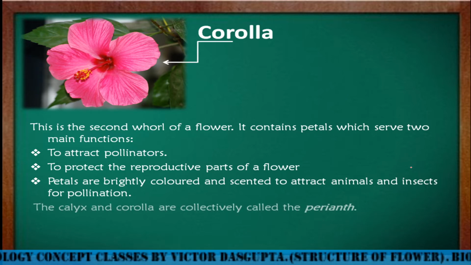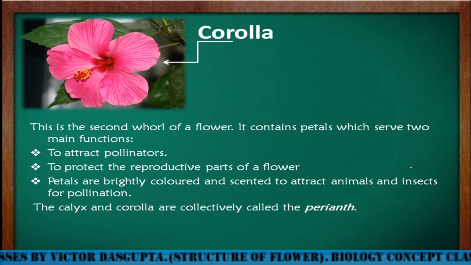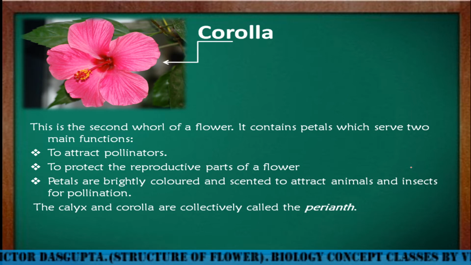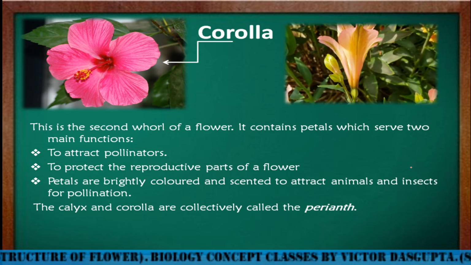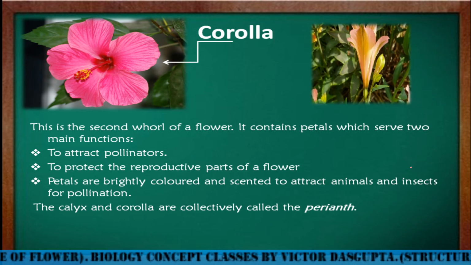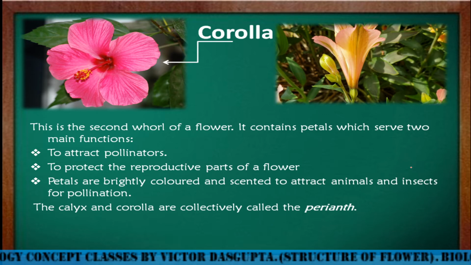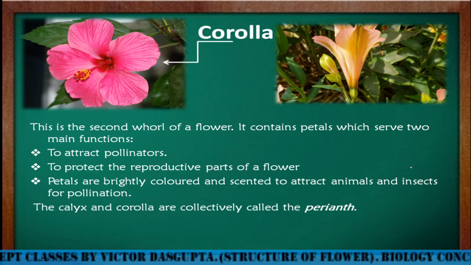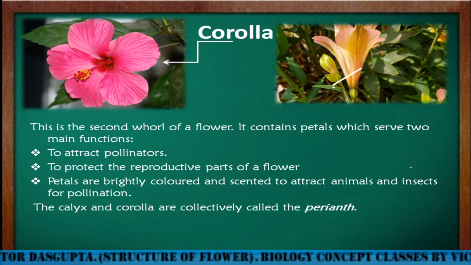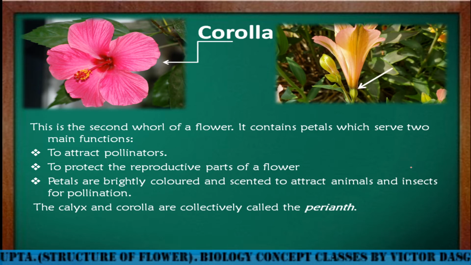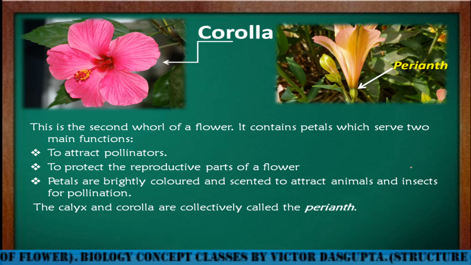Next, calyx and corolla are collectively called perianth. What is the meaning of perianth? It is important. Sometimes in some flowers we cannot differentiate between the calyx and which one is corolla, meaning the petal and sepal we cannot differentiate, like most of the cases we can see in orchid flowers. Here I am showing you, this is a flower, you cannot segregate between the petal and sepal, so this is called perianth.